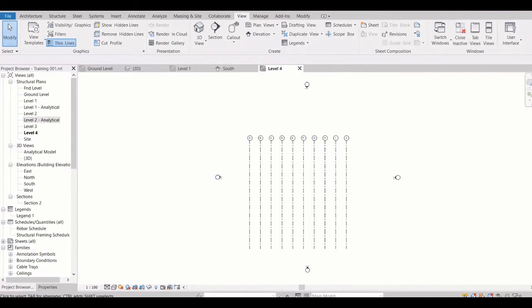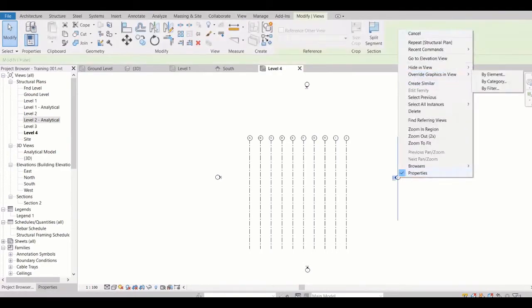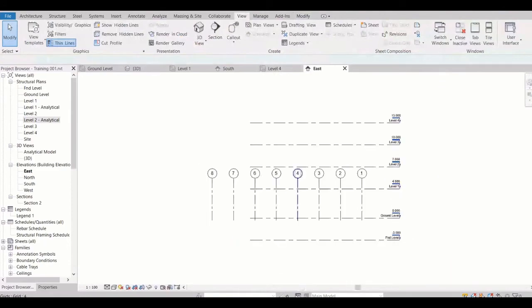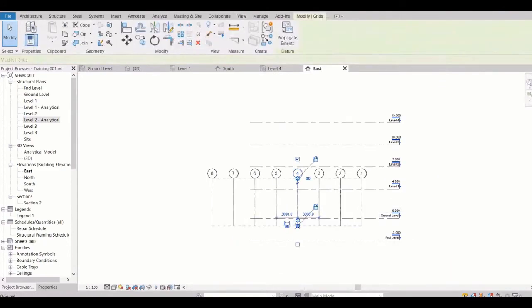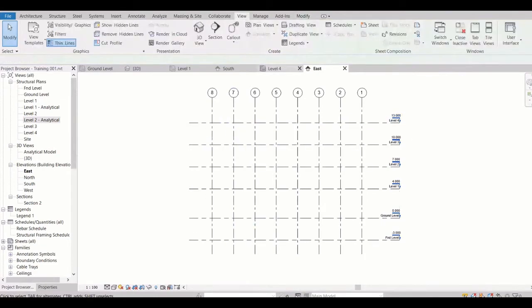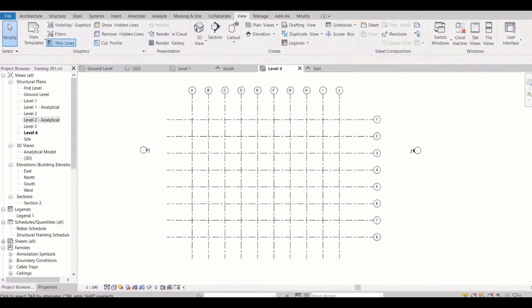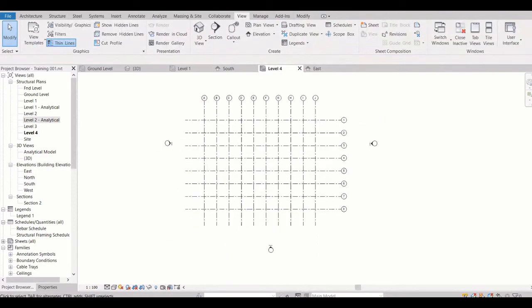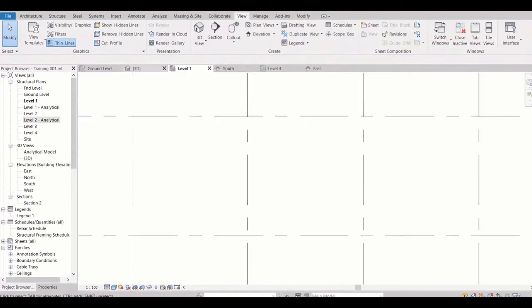But what I noticed is that I do not have a horizontal grid over here, right? So what I will do, I will go to elevation and see, because we did not extend this one in that view. Right, so now you will go and you can see over here. Okay, so this is about how we place our grids.